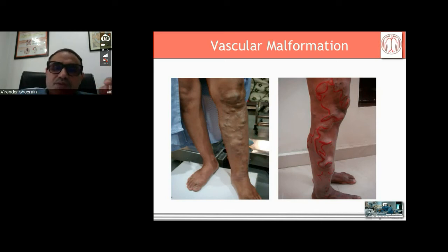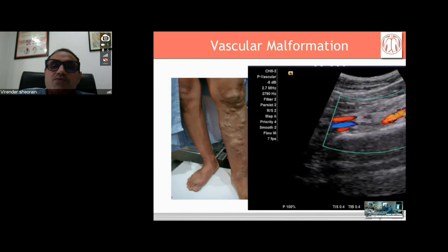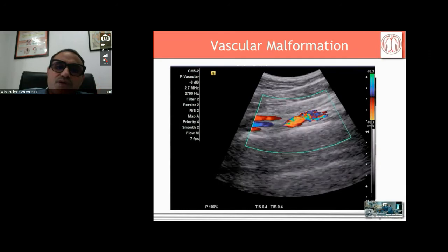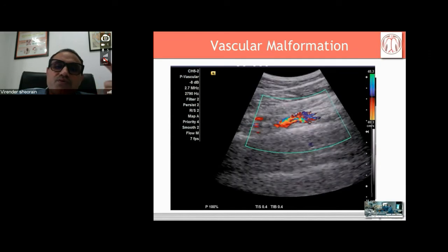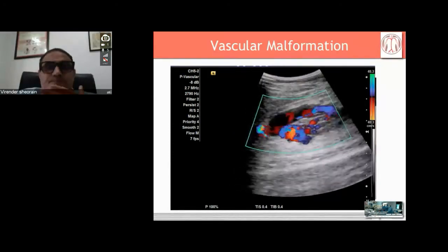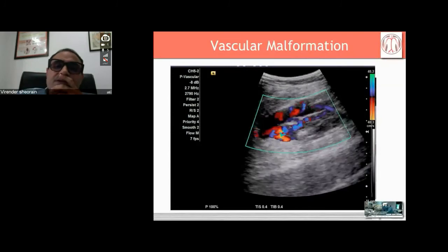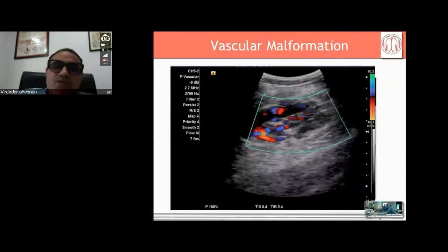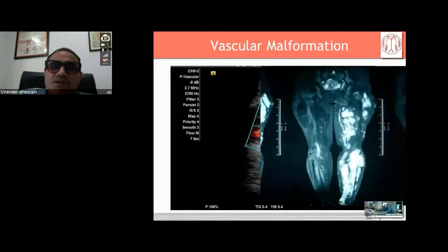So such patients, when they come for duplex, again, you should be knowing whether this was congenital, post-traumatic, ask history, and then keep on doing, the basic principle doesn't change. So you look for deep veins, you look for the superficial system, you look for any communication with the artery, whether there is an AVM or an AV fistula. So here you can see that you can easily localize the phleboliths. So there is a slow flow venous malformation and then you can compare.